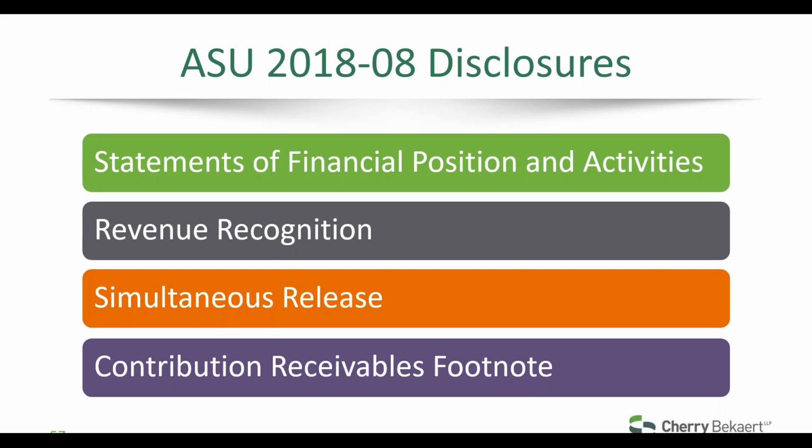The other area where I think initially you may not think this impacts is your contribution receivables footnote. Prior to ASU 2018-08, we know the guidance says if you have long-term receivables related to pledges, contributions, you recognize what's going to be paid over the next 5 years, you show your discount, you show any allowances against those numbers, and that's in a footnote. Well, if you have government grants or private grants that are now triggering contribution accounting, those items will have to be in that footnote.